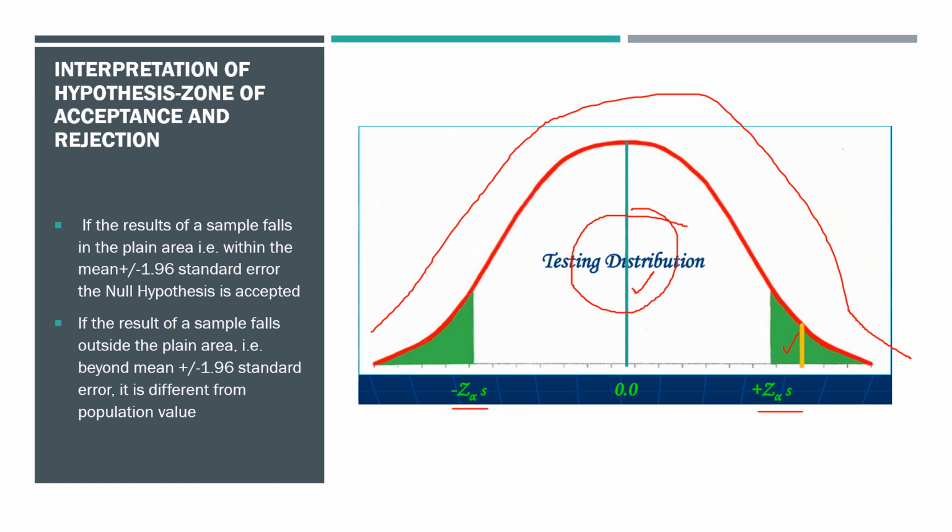Say if it is falling under the green zones. Green zone is the zone of rejection, meaning you are rejecting the null hypothesis or accepting the alternate hypothesis, stating that there is indeed a difference between your sample's mean and the population's mean. In this case, you have a population mean blood sugar, or your older drug mean blood sugar, at this blue line, whereas your newer drug mean blood sugar is falling in this yellow line, which is way away from your older drug mean blood sugar. So now you can obviously see that there is a difference. But is the difference significant or not? That is where your tests of significance come in.